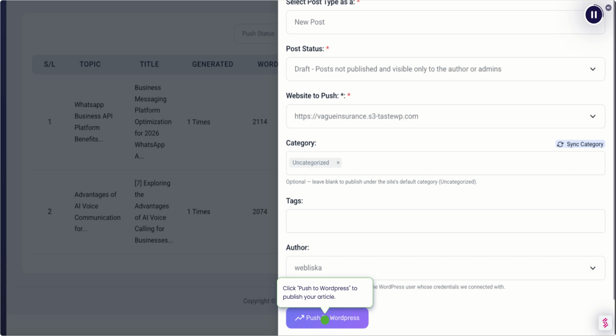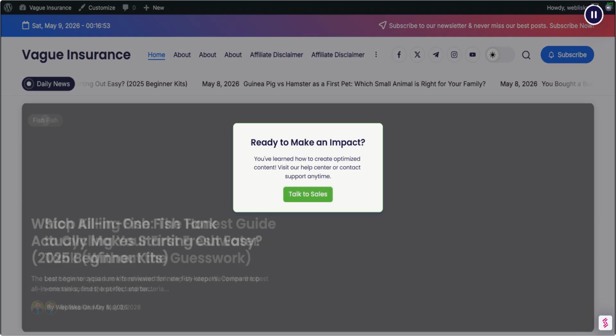As you can see here, we selected the draft mode, which means the article will be pushed to your WordPress site, but not visible on main site unless you publish it from your WordPress dashboard from draft to published. Verify on your site to see the article is present in WordPress dashboard, but not on the main website because